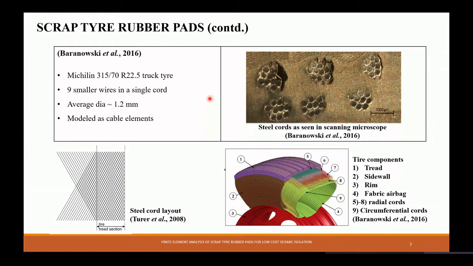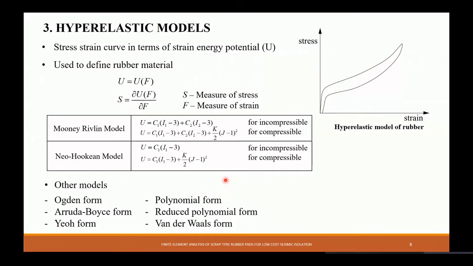Now, the tires that we have used, and I've looked at this example, these are basically Michelin tires of 315 by 70 specification. Okay, and if you look at the close-up view, this is how the radial wires look in the volume of rubber. Okay, and the idea is actually to model the isolator made up of these tires. So we took the specification from here and then we tried to model it.